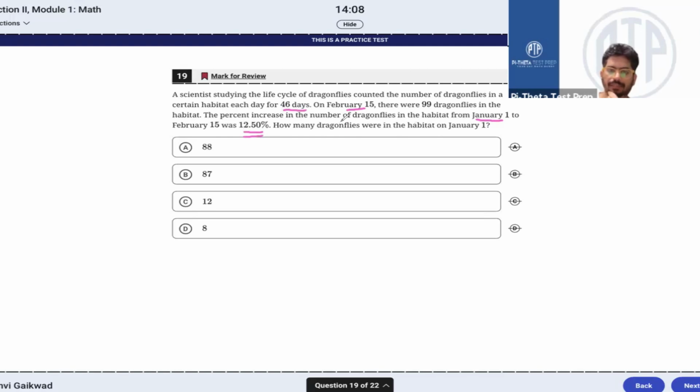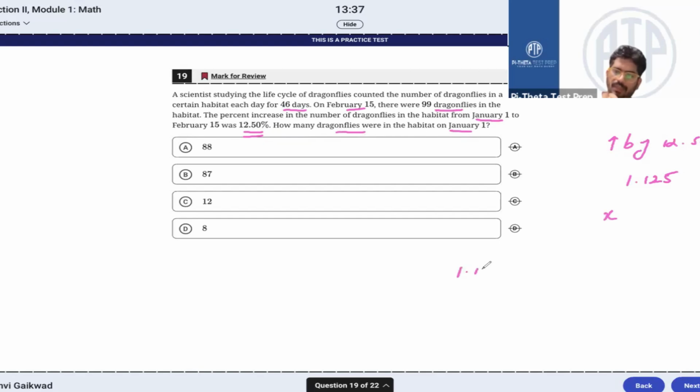So there was an increase, so we can say increase by 12.50%. What will be your multiplying factor here? That will become 1.125. Now we have to understand here that on February 15th there are 99 dragonflies. So how many dragonflies were there initially on January 1? If we take the initial number as X dragonflies,